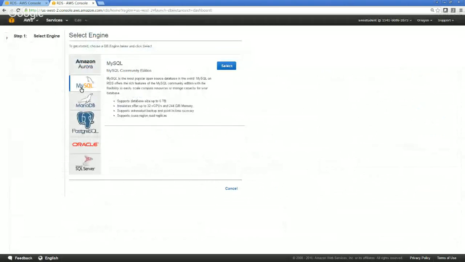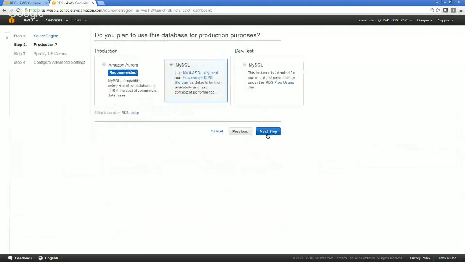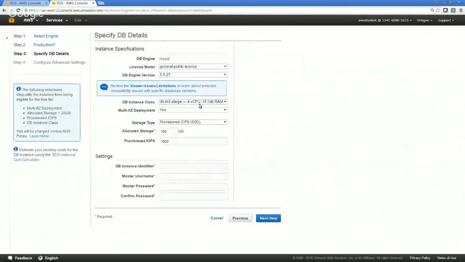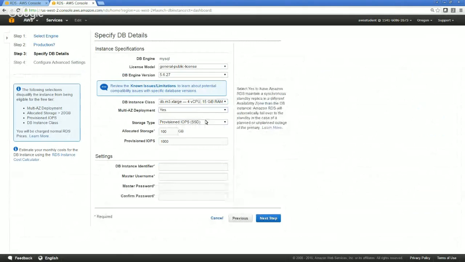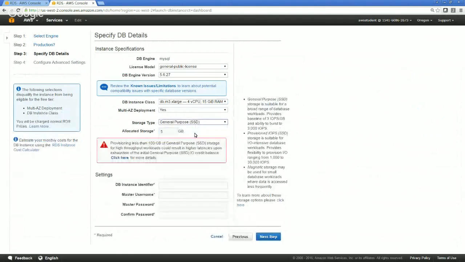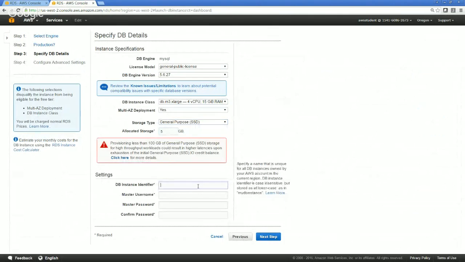We'll go ahead and do a MySQL again. We'll do a multi-AZ. Everything looks good. Minimum CPU that you want and all. So we're good with that. Multi-AZ, have provisioned IOPS. I'm just going to change it back to 5 gig. I don't want that big. We can call it RDS Lab 1, RDS Demo,